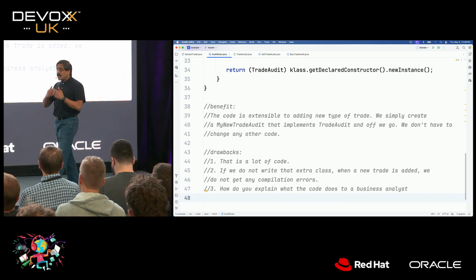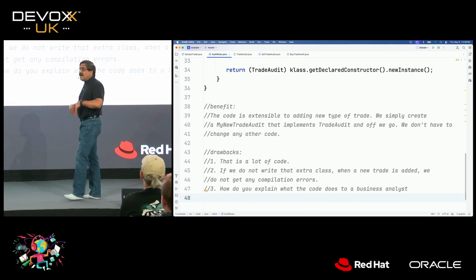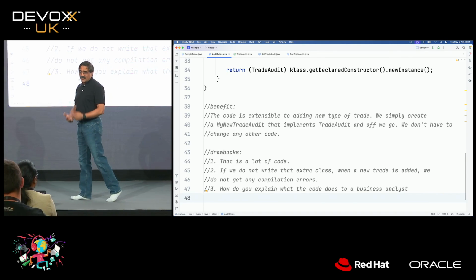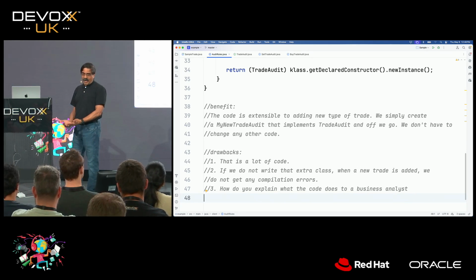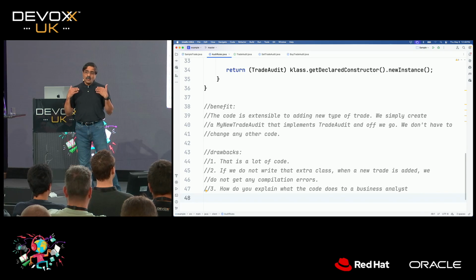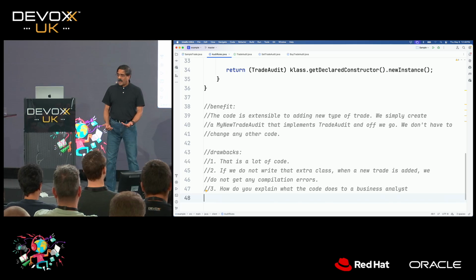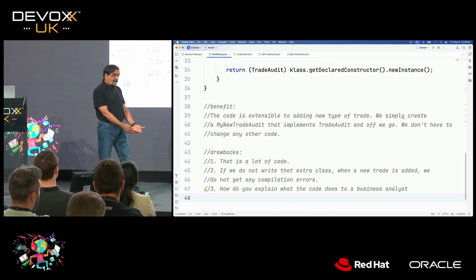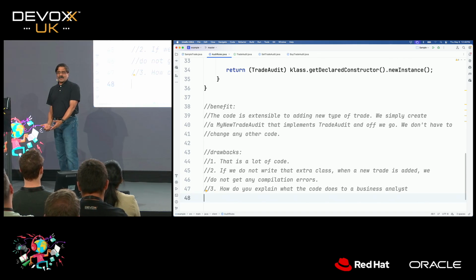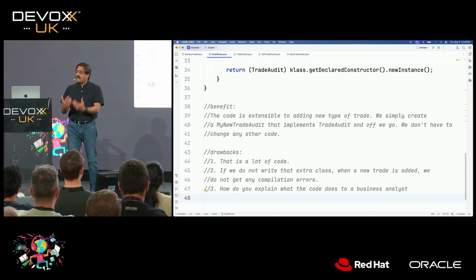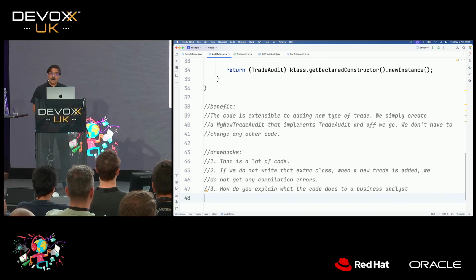Don't get me wrong. I'm not here to tell you SOLID principles are bad, don't use them. No, not at all. But I'm saying that any principle can be misused, and so can SOLID principles. Similarly, any pattern can be misused. Just because something is a principle, it doesn't mean we apply it everywhere. I've seen bad code being written in the name of SOLID principles. I've seen good code being written in the name of SOLID principles. So we need to evaluate on a case-by-case basis and ask the question, is it helping us or not?